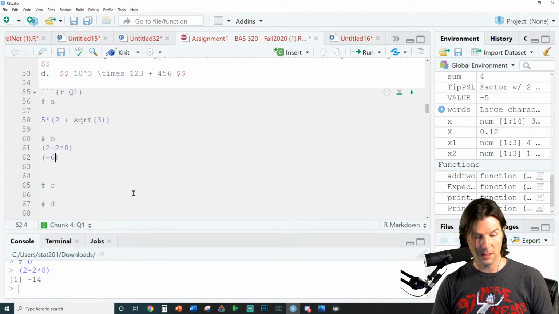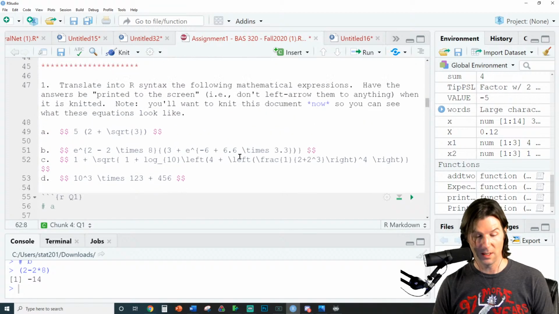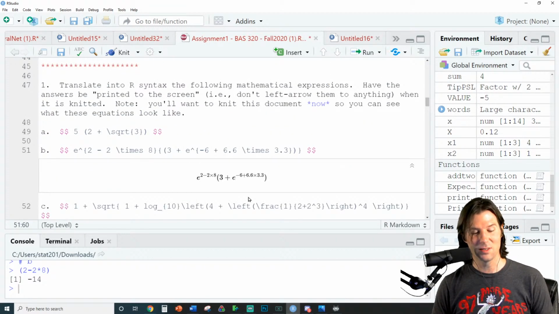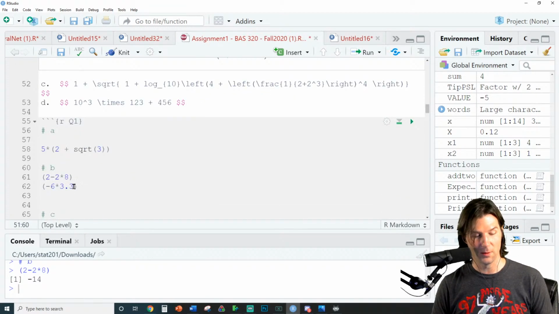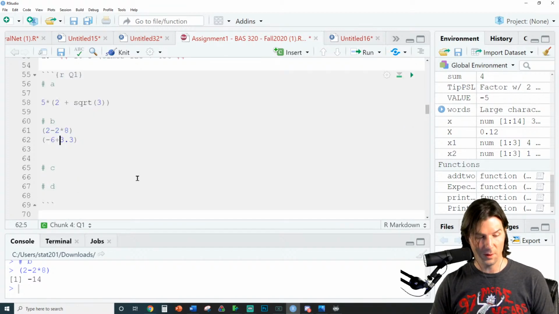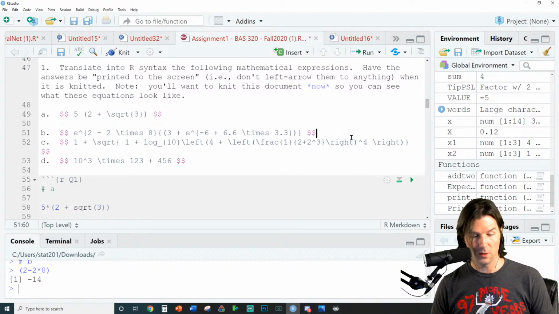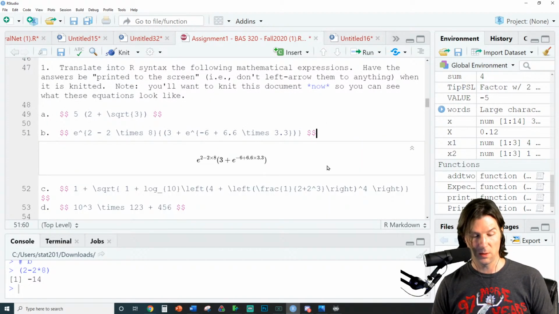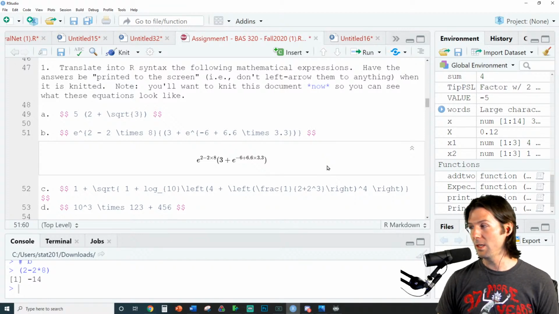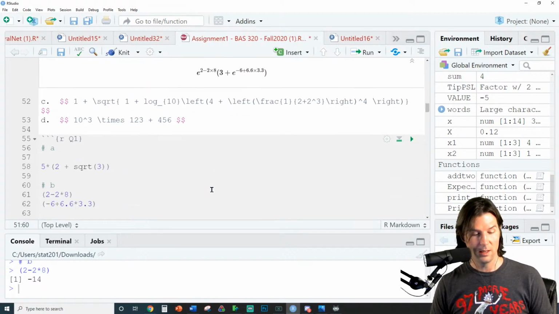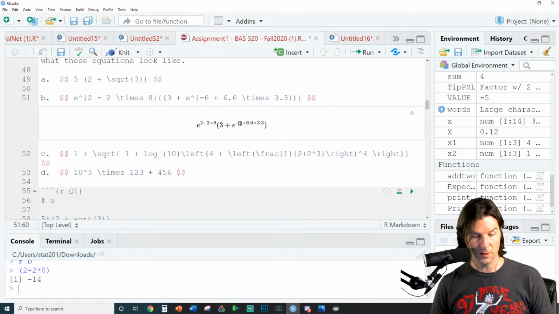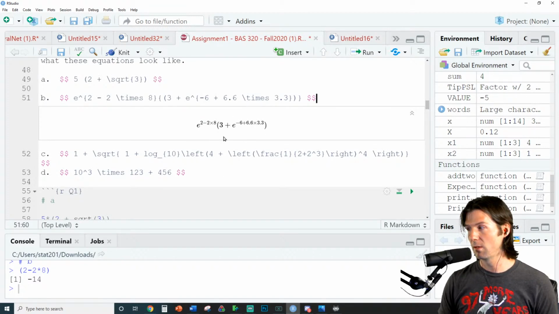So -6 times 3.3. I think I already made a mistake. -6 plus 6.6 times, there we go, plus 6.6 times 3.3. There we go. So with this right here, -6 plus 6.6 times 3.3. Perfect. And now, does it have a negative before it also? It's negative that. So if you notice, I've written out everything here in the exponents, but this is where people